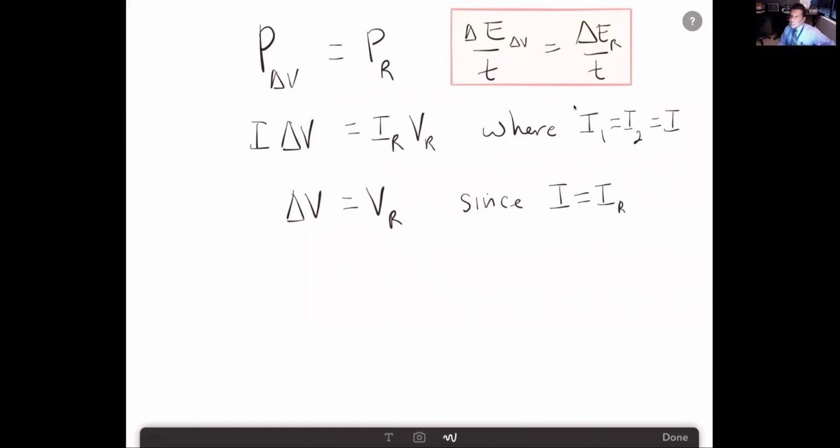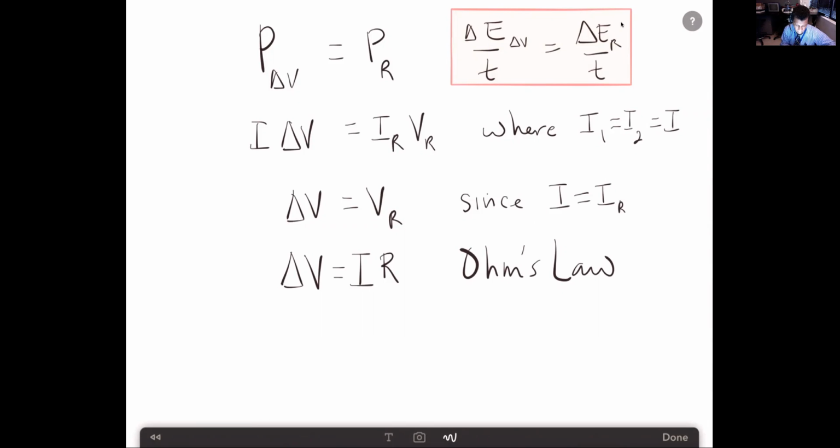Okay, at this point, I need to introduce you guys to Ohm's law. Ohm's law basically states that the voltage is equal to the product of current and resistance. That's basically Ohm's law. This law we plan to verify today. And let me say this, we're going to just substitute or utilize this in,